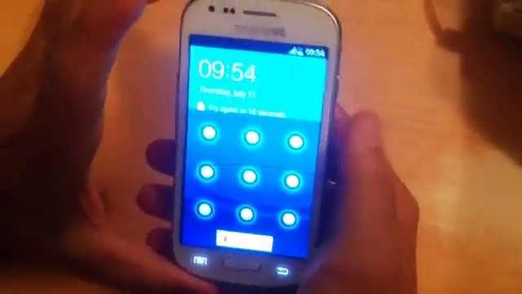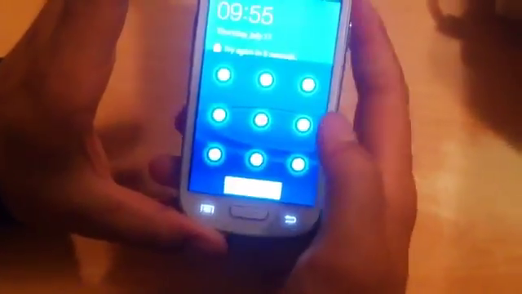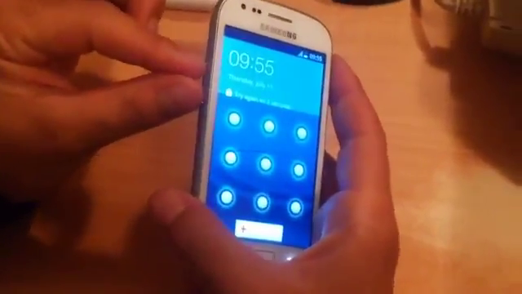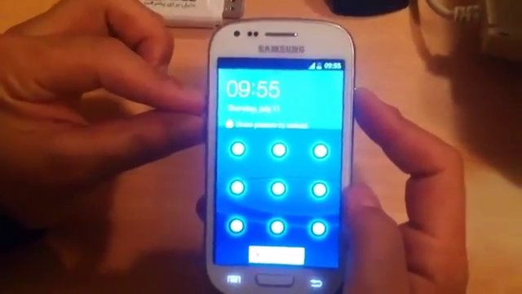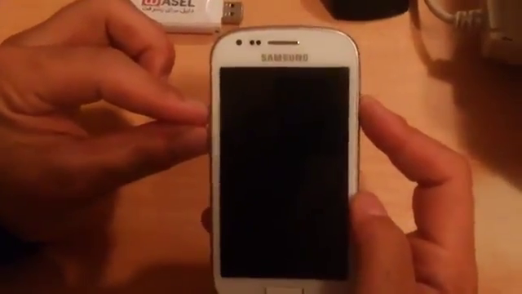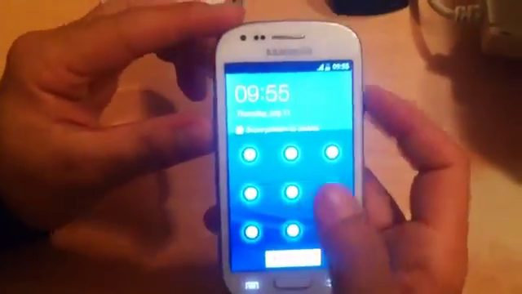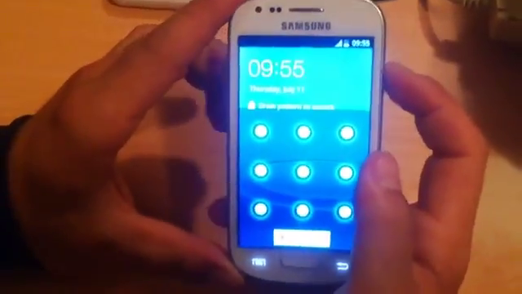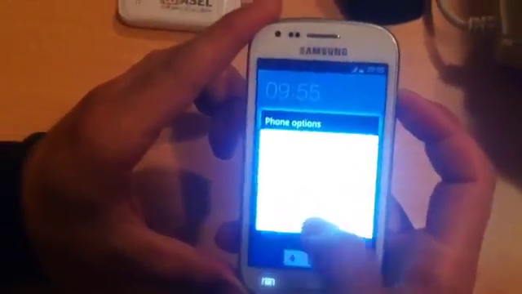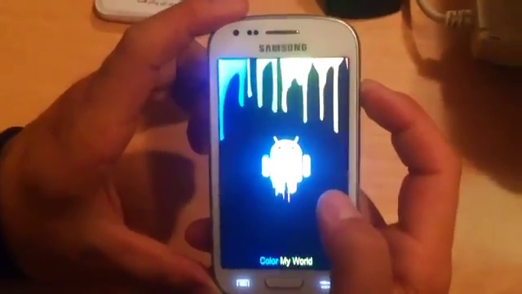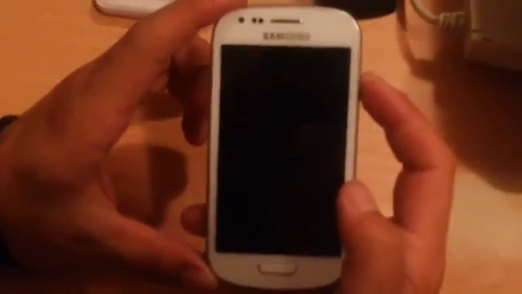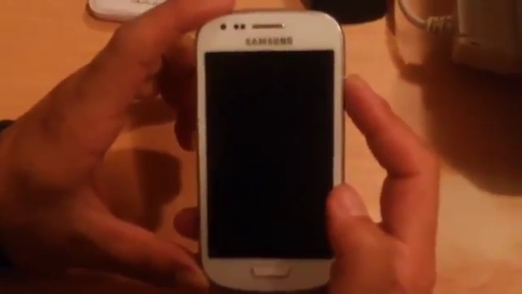Okay, so just turn off your phone. In some phones you have to press the volume down and up buttons both, and at the same time you need to press the power button too. But this is a Samsung Galaxy S3 Mini, and different phones have different ways to bring up that reset screen. So I turned off my phone, so just be patient until it's shut down completely.